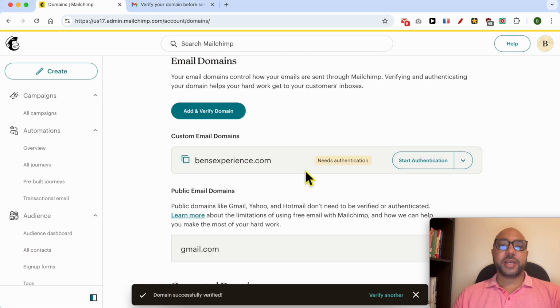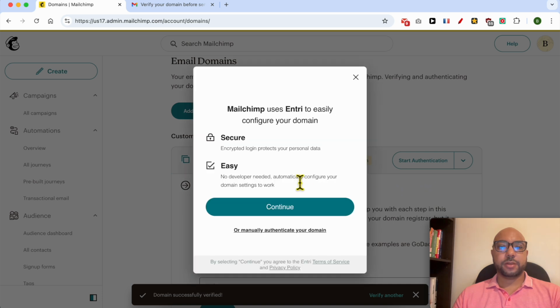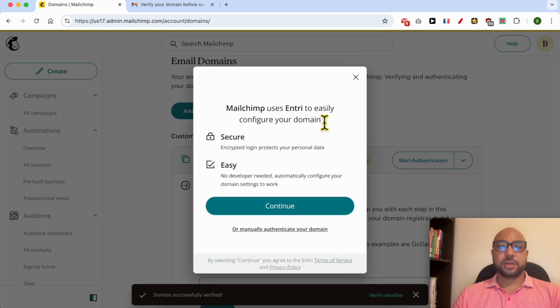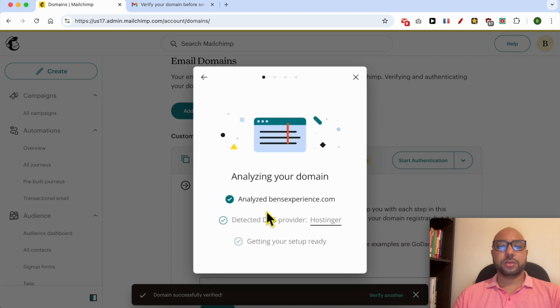Now that your domain is successfully added to Mailchimp, you still need authentication. Click on this Start Authentication button. Mailchimp uses Entri to easily configure your domain. Let's try to